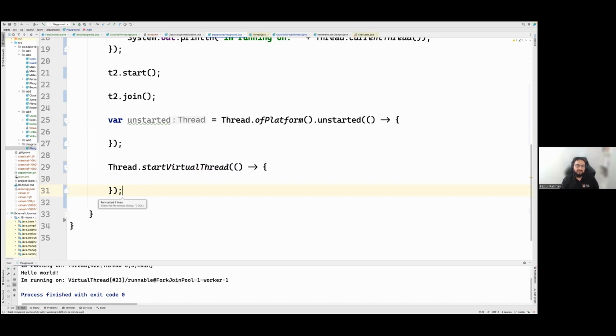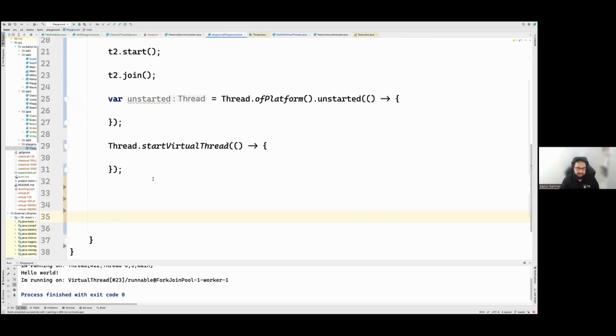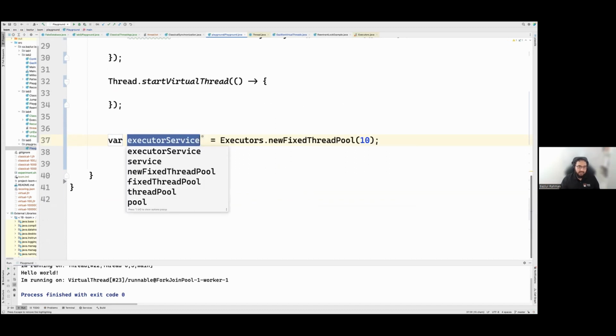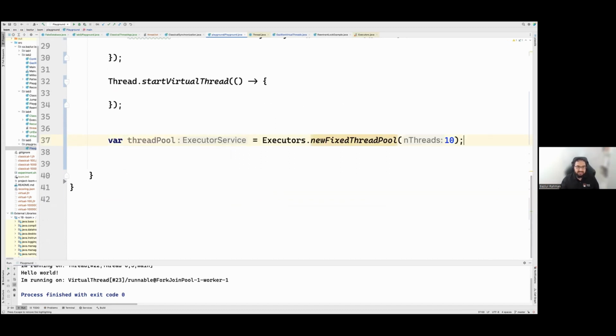And if you have a code base with executors, and probably all of our code bases have some use of executors, we will write newFixedThreadPool or another variation of it. For example, if we have a fixed thread pool, that means this thread pool will have 10 threads, and we keep calling threadPool.submit to submit a new task.